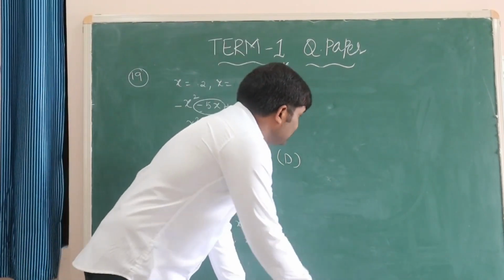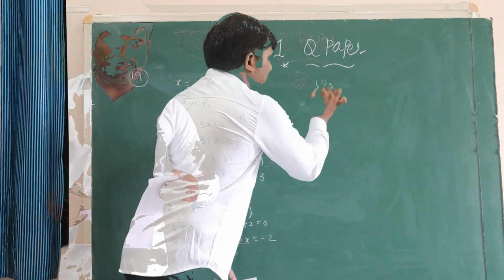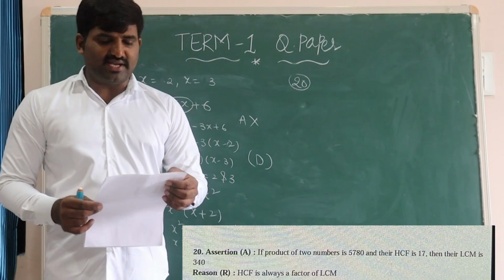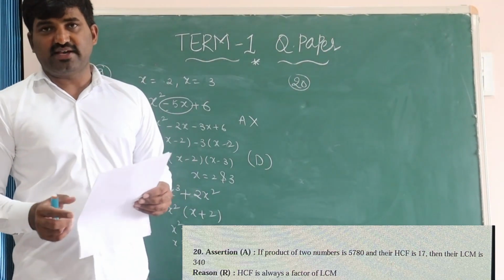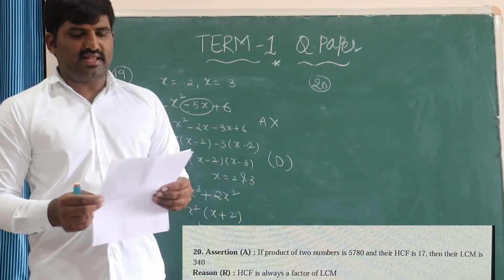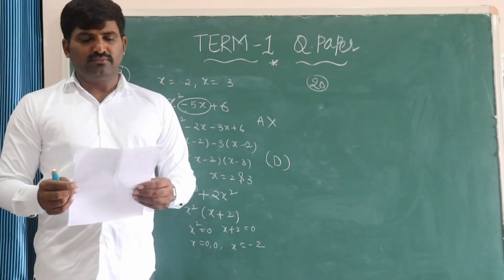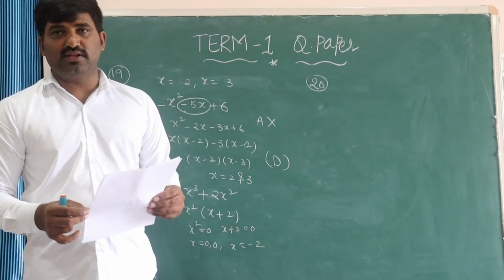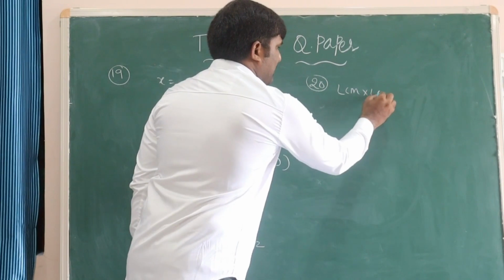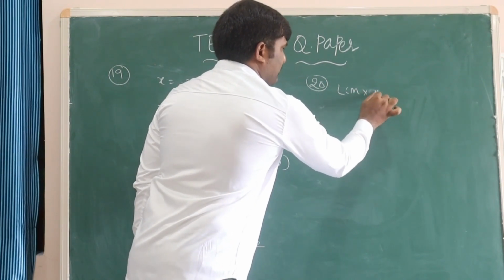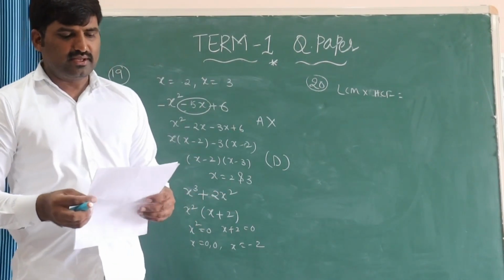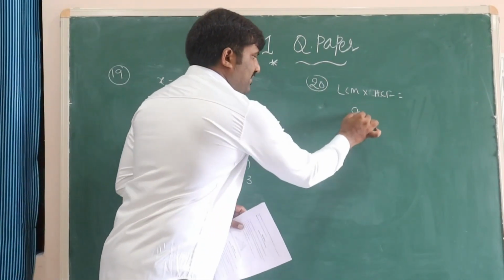Next, 20th question. Question number 20. It is not from polynomials. It is from real numbers. 20th question. Assertion. The product of two numbers is 5780 and HCF is 17 and their LCM is 340. So first I will check whether it is true or false. For this also the same, LCM into HCF concept we have to use. LCM into HCF, you can find it. Then you can check whether the product of numbers is the same or not. The product of numbers AB is given as